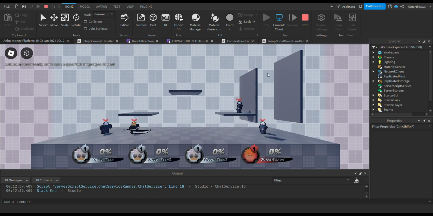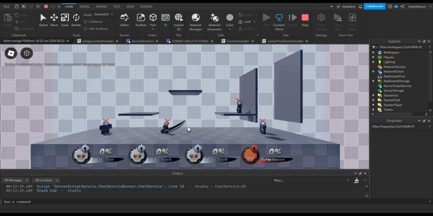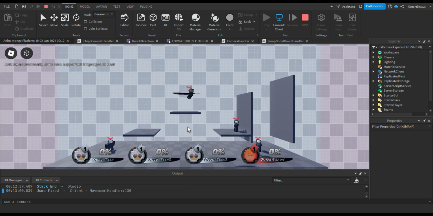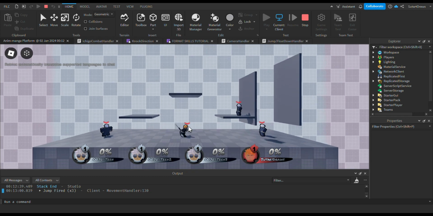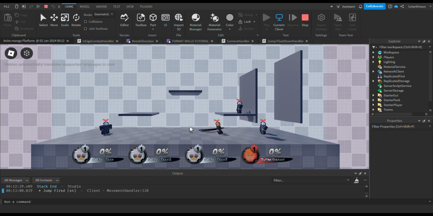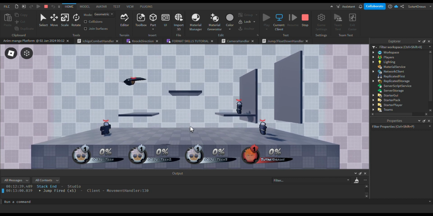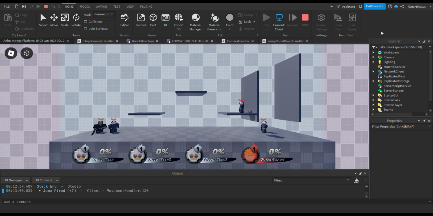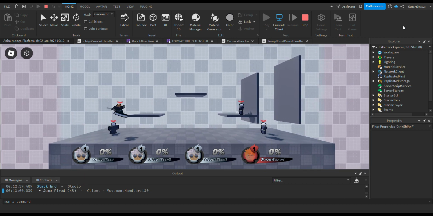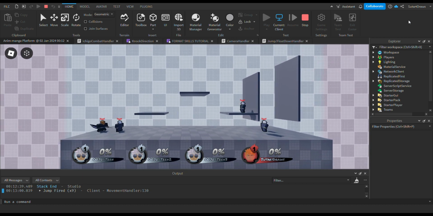So the first thing I started with was the actual movement for the game, and since it was a 2D type game, obviously we couldn't use the Roblox basic movement to a point, because it's only moving on certain axes. So basically what I did was I used the little MoveTo thing that you can use in the humanoid,